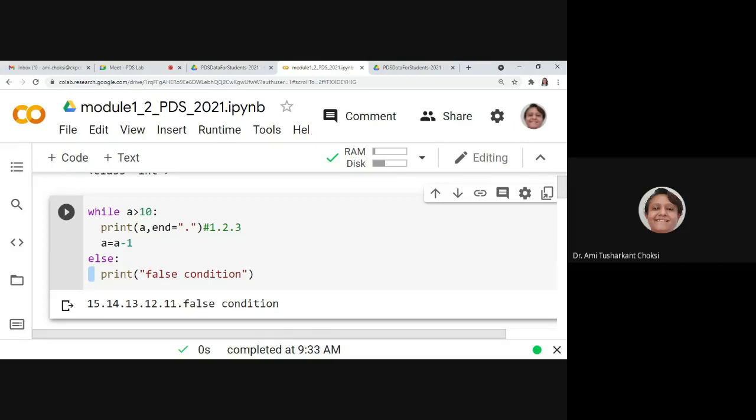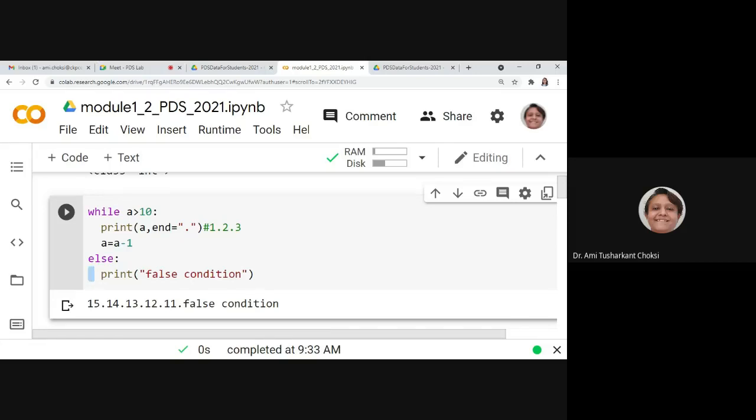See, in C or Java language, you can have that with the braces, right? But still, if you put indentation properly, the code is readable. And that is what is directly available in Python. If you do not provide the indentation properly, it will give you an error, right?